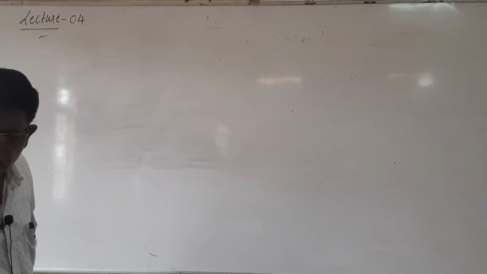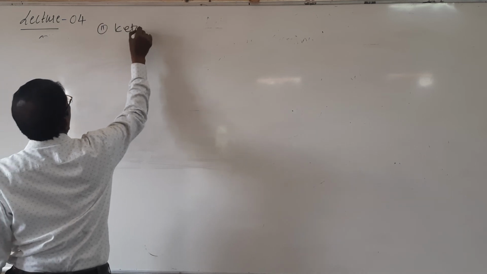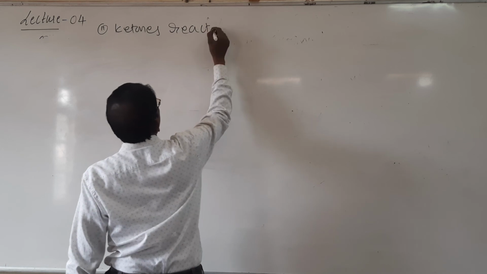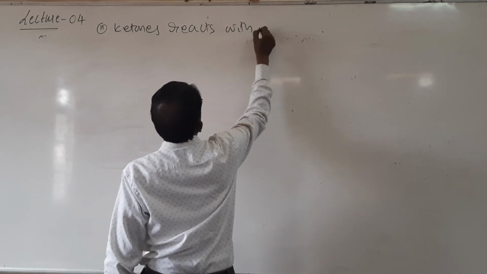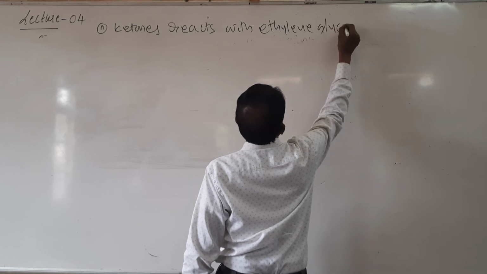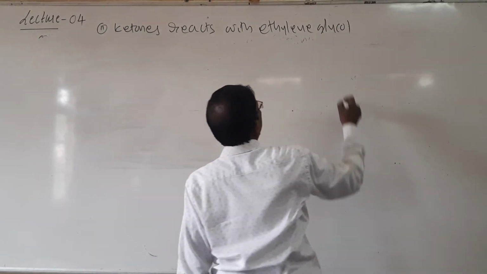Look here, ketones react with ethylene glycol. Look here, it is a dihydric alcohol, ethylene glycol,